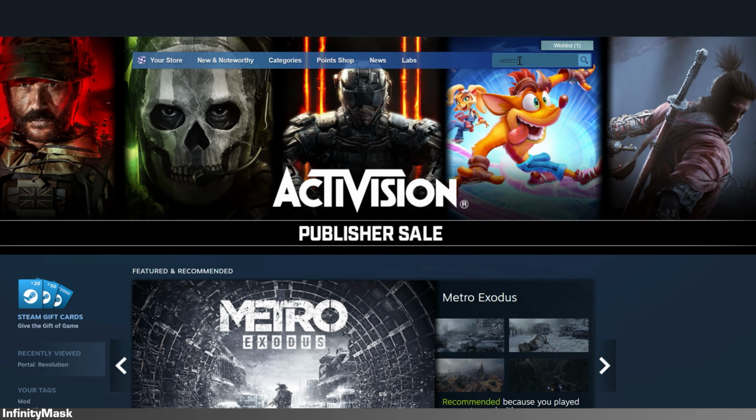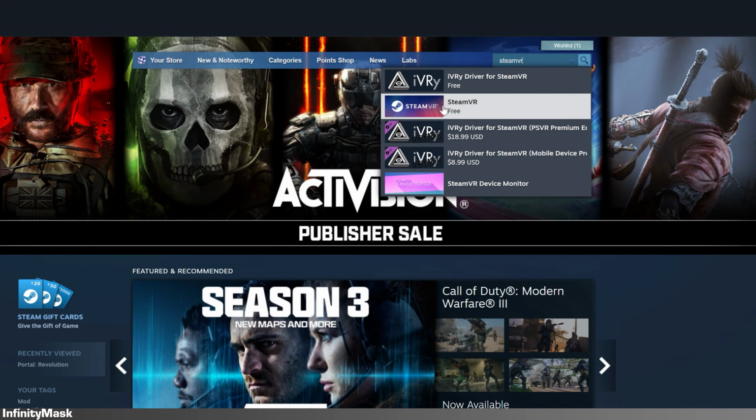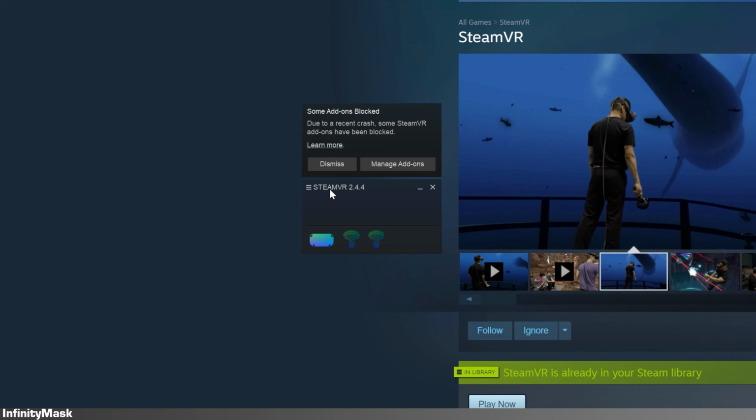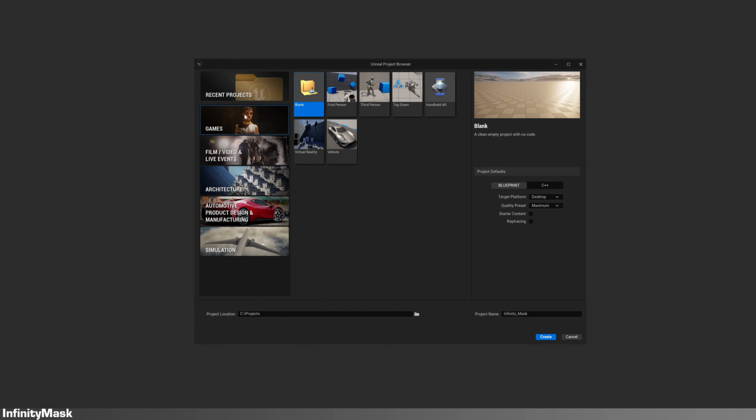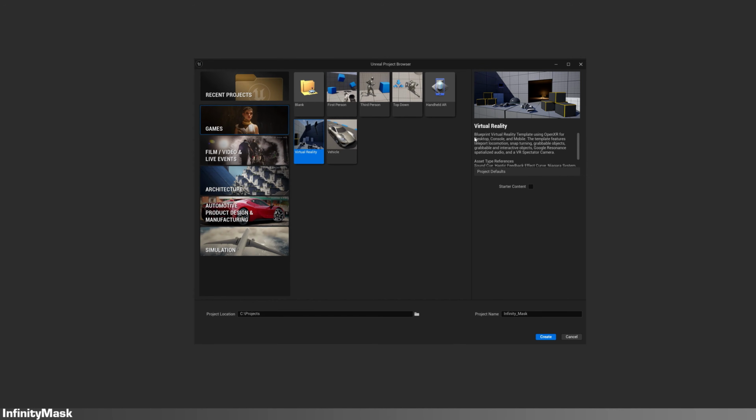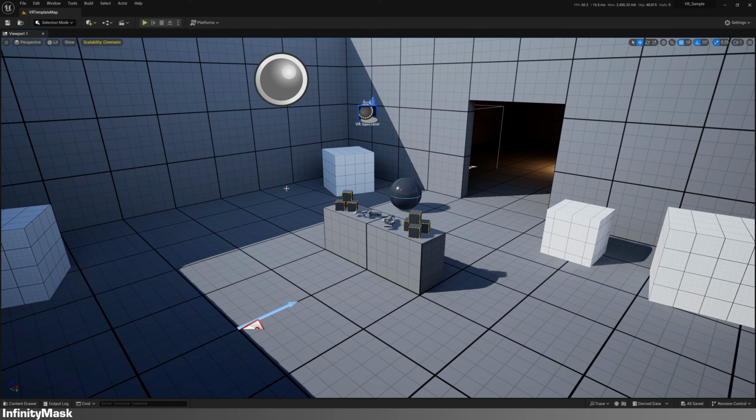If you want more options, you can install Steam VR using the Steam Client app. However, I'll skip this part because it's not necessary for our purpose. There are different approaches to creating a VR project in Unreal Engine, but I recommend two methods. The first method is to create a new virtual reality project from scratch. This utilizes Unreal Engine's sample project as a starting point. You can import additional packages into this project or migrate files from other projects if needed.